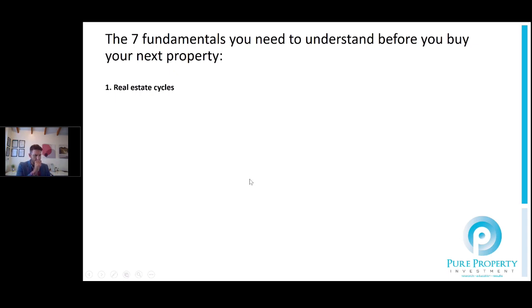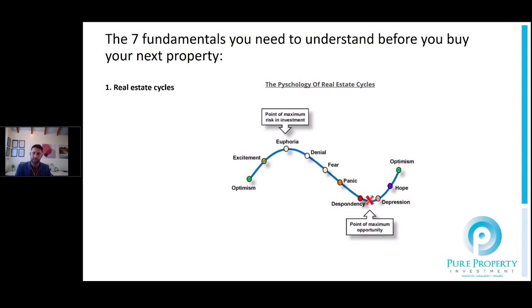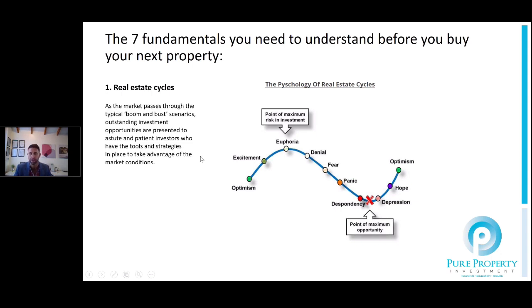So if we look at those fundamentals, the number one we look at, and this is probably more specific to buyer sentiment, is real estate cycles. I'm not going to go through the property clock and where things sit, but effectively I might go through this graph in particular and talk about how certain cities, and certain major cities more specifically, reflect on this graph, and how different aspects of the market will show different buyer sentiment and also the psychology of real estate cycles.